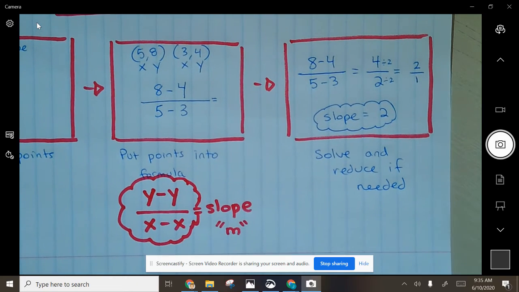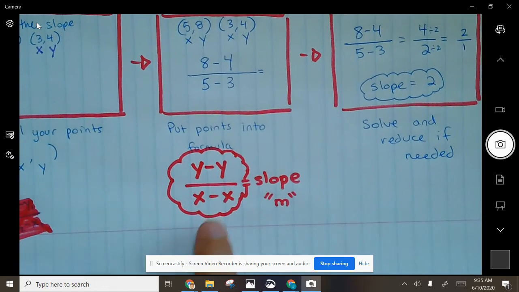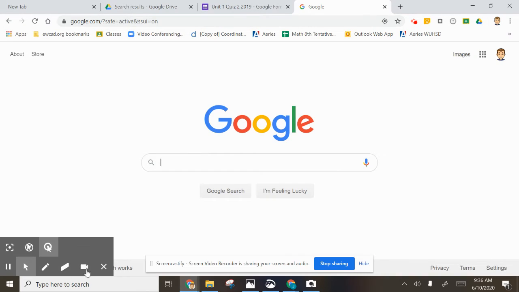Now we're going to do some practice problems, but we're going to be using this formula the entire time we're doing these practice problems. All right, guys? Let's go ahead and pause this for a